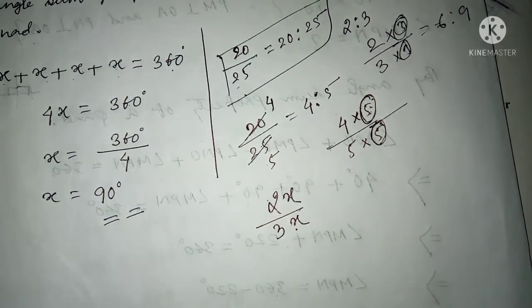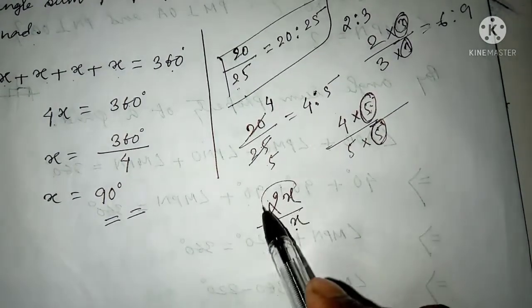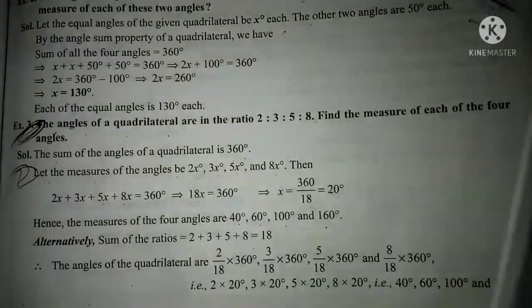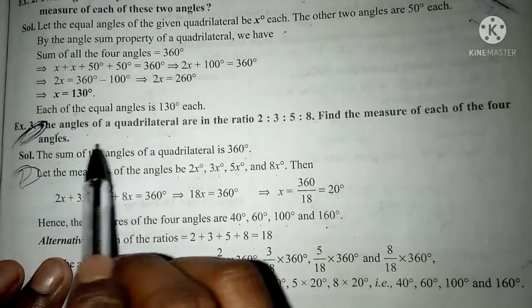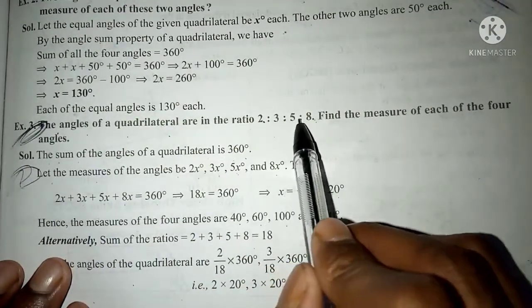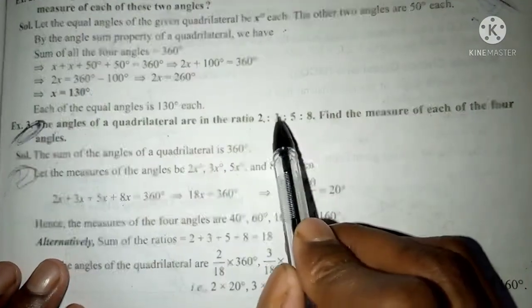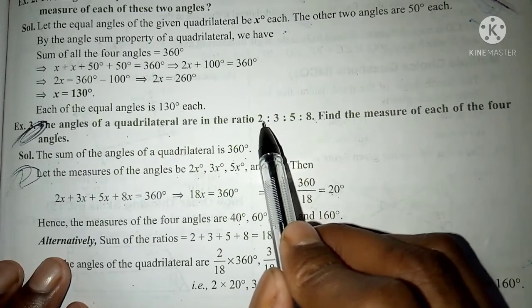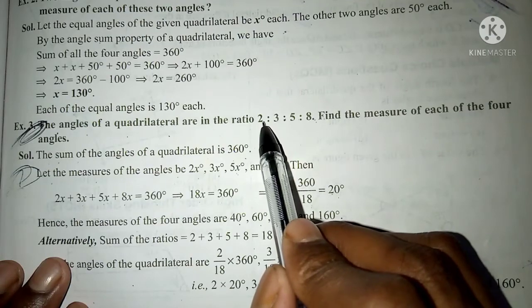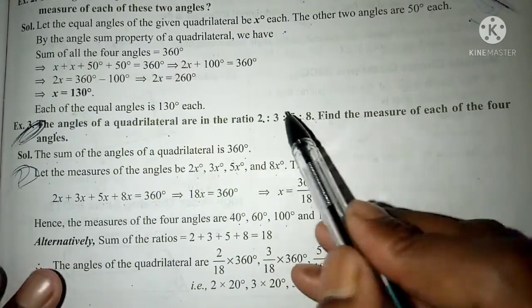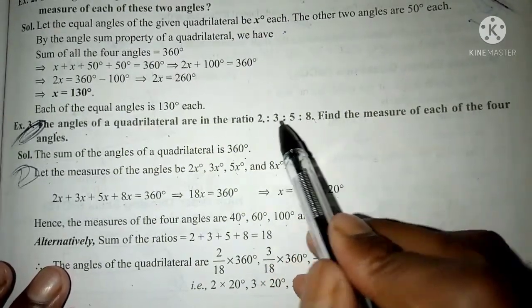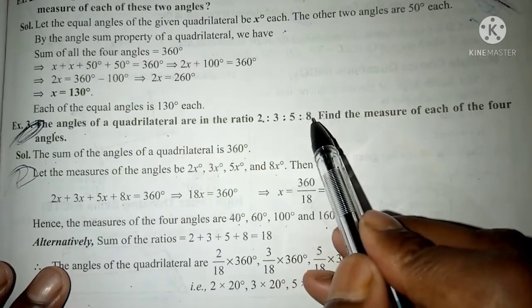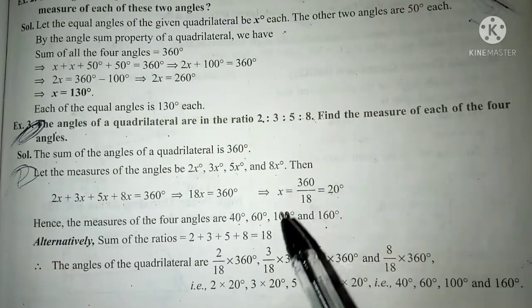So because of this reason only, you can see here they have assumed that these angles were in the ratio 2:3:5. Now see, I have shown you the ratio for two numbers when it is 2:3, but the ratio remains the same when it is 4 or 5 or any number of times. You can write it for any number of times, and you can make it so that your ratio is the same.